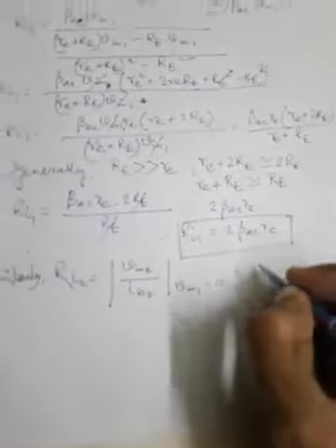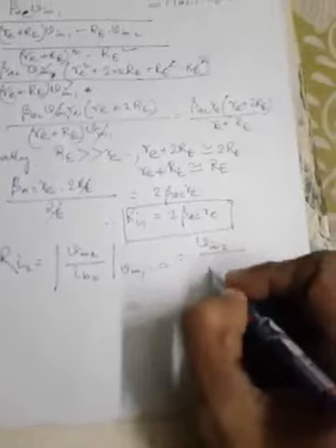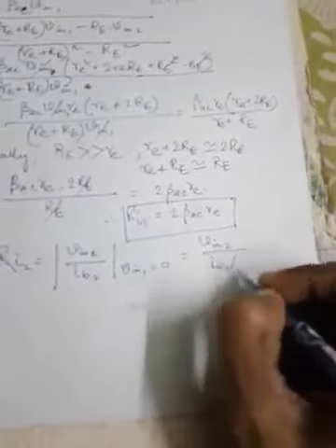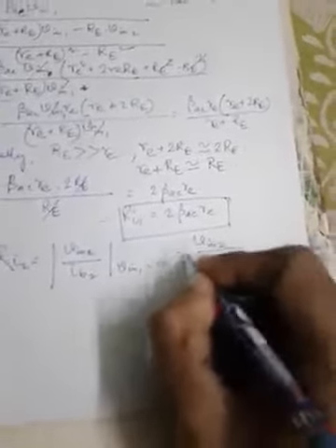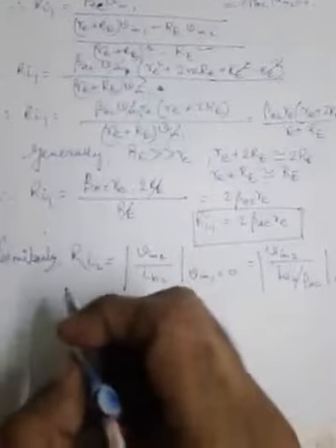Okay. Now once again, in terms of IE2, write it as V in 2 divided by IE2 by beta AC inside mod when V in 1 equal to 0. Now substitute from the last lecture the expression for IE2 over here. Therefore RI2 is given by